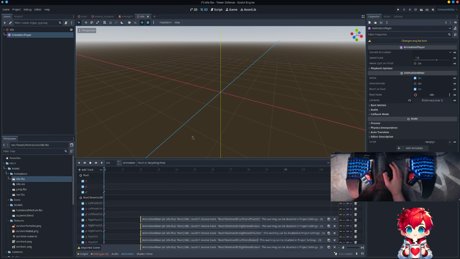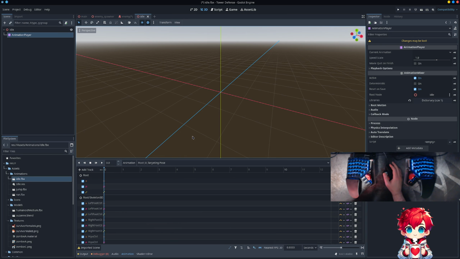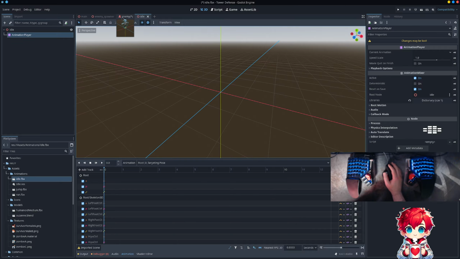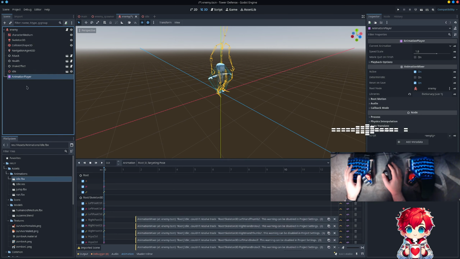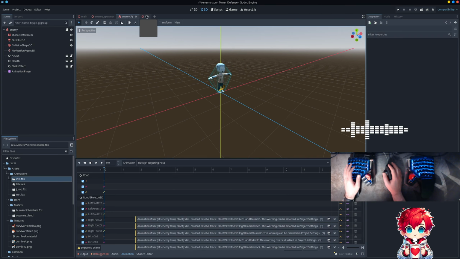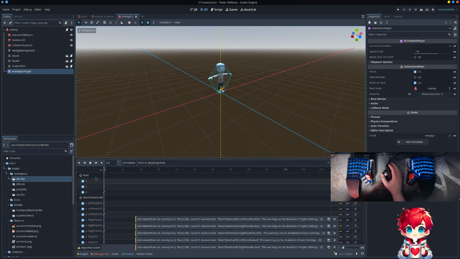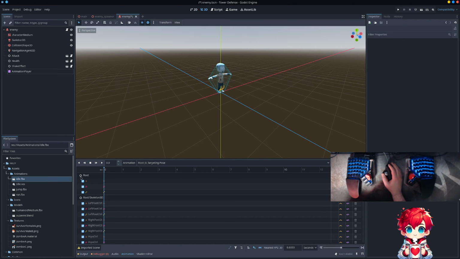Uh-huh. Something is a little bit off about this way I'm doing things. I wonder if there's a way to fix all this though. Like if I were to copy this, go back here, and I know I did this once already, but we're gonna try one more time. Close this, and so we have this root skeleton 3D. Is there a way